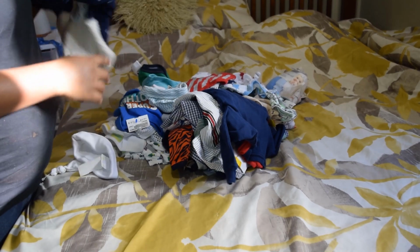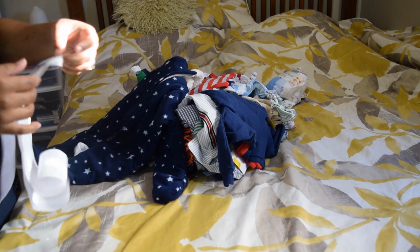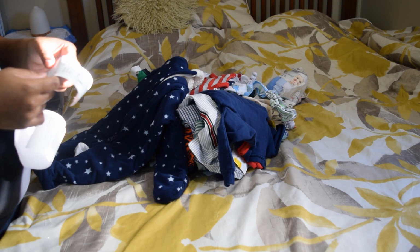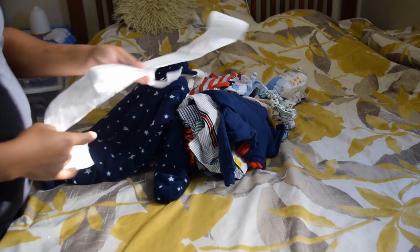Alright, so let's start with this big one right here. Oh, before we start with the big one, let me tell you how much I paid for everything. I paid about $45 for everything. I have 2 receipts because I bought the stuff, and then I went back and bought some